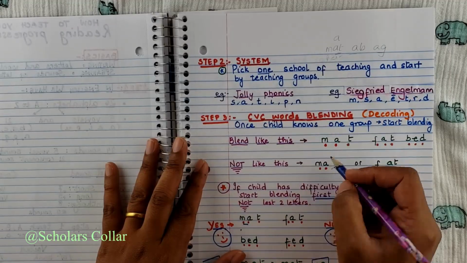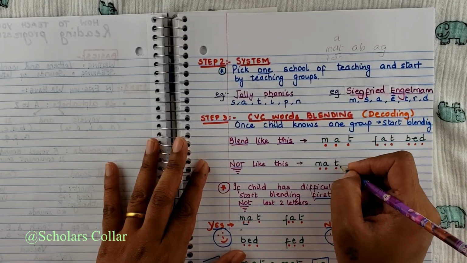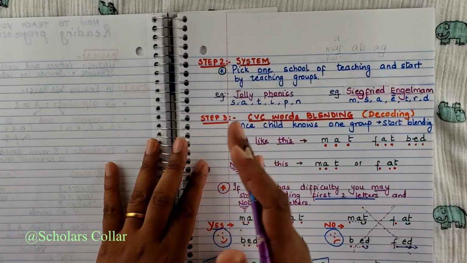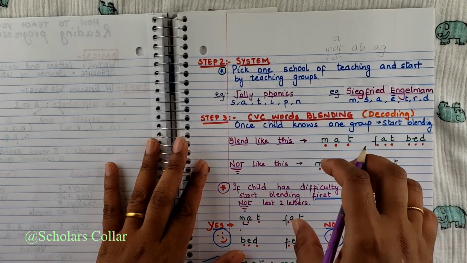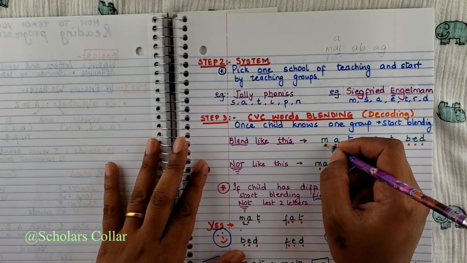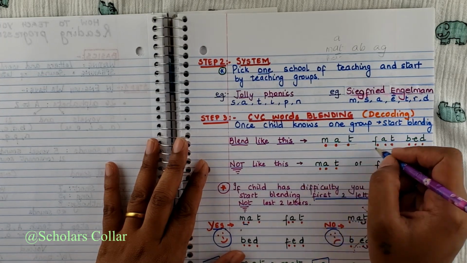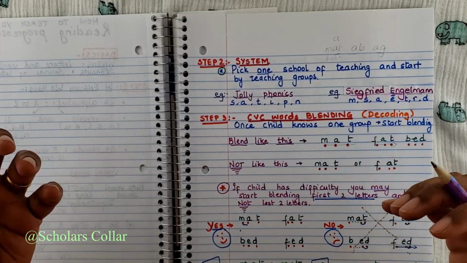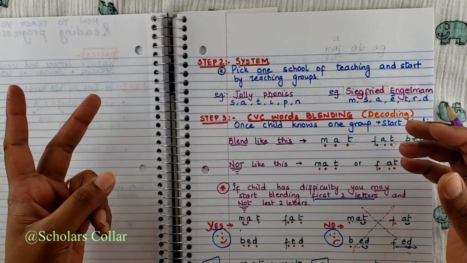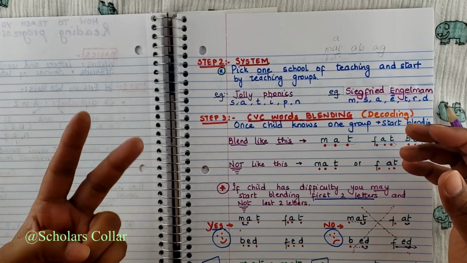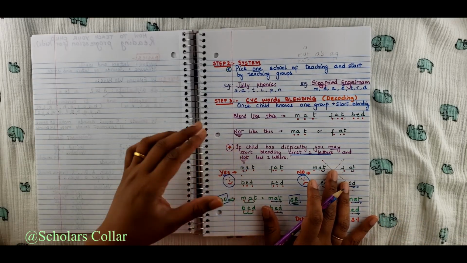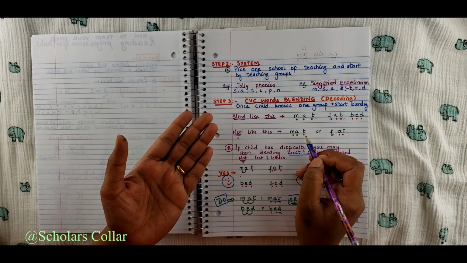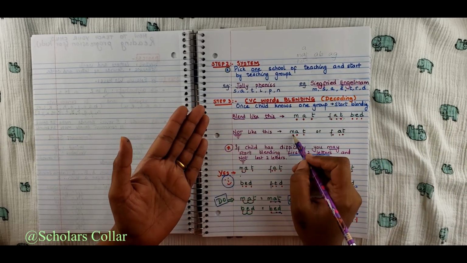You want to blend the first 2, and then it's easier to attach the last sound because it's easy to remember, like ma-t, mat, fat, cat, bat, right? Ideally, you do not blend any of them. You just go directly mat, fat. But if your child has difficulty and if you have to blend the 2 letters, make sure you're blending the first 2. Now let me show you an example for kids who have had issues blending, and then you blend the first 2 and attach the last one to it, and therefore you have mat,